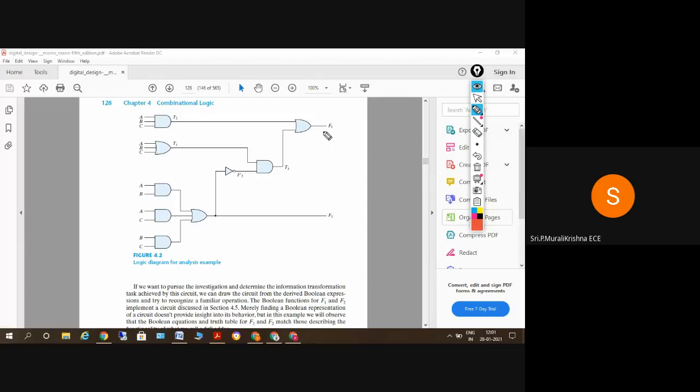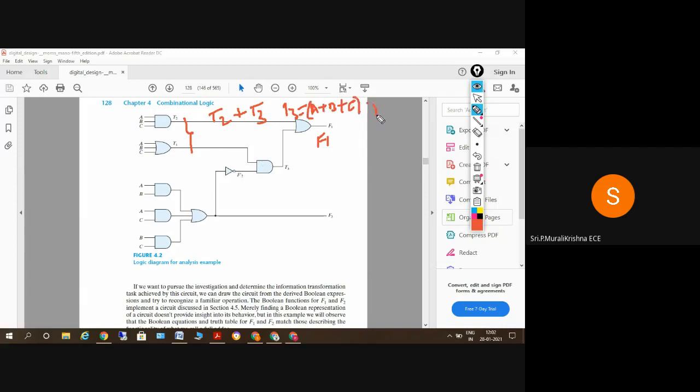For F1, we come to the back tracing here. It is the addition of these two, T2 plus T3. So F1 is equal to T2 plus T3 when we do the back tracing. What is T3 here? T3 is equal to ABC, A plus B plus C,